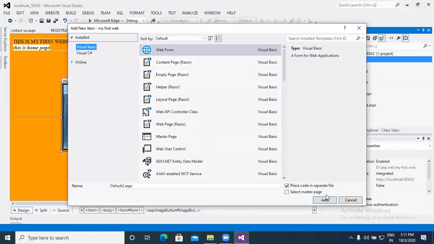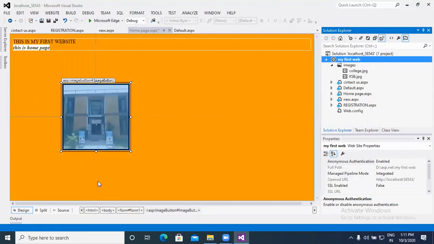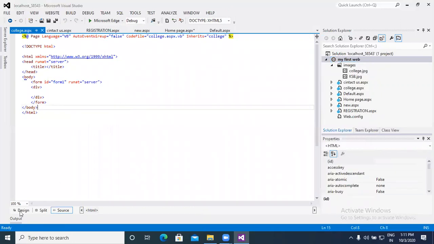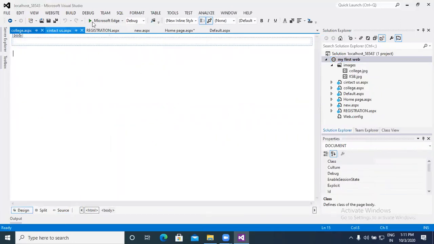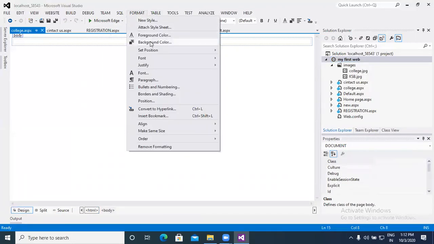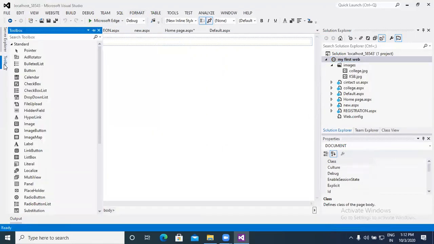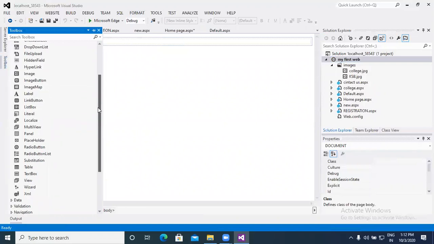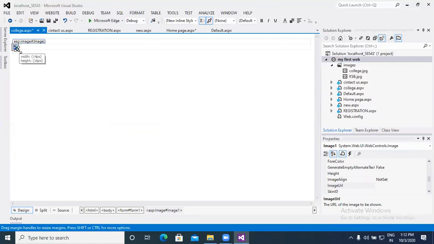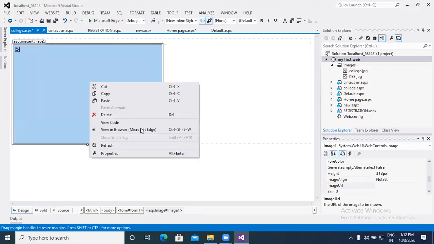So we can add a web page, and I can put the web page name as college. Here it is a new web page, and we can add the background, or we can put an image here, a simple image for display purposes.